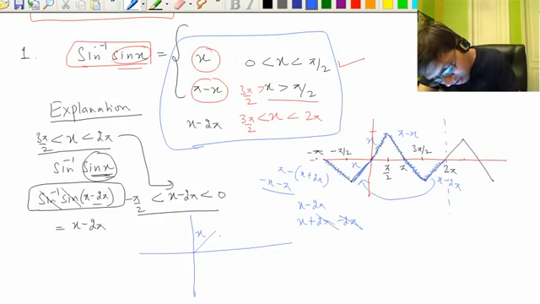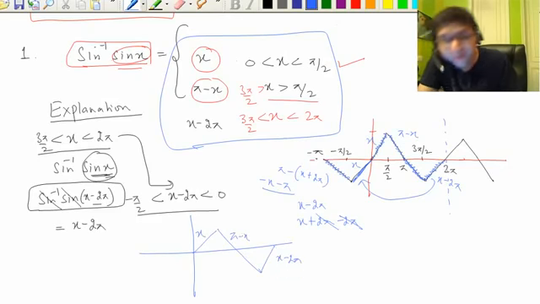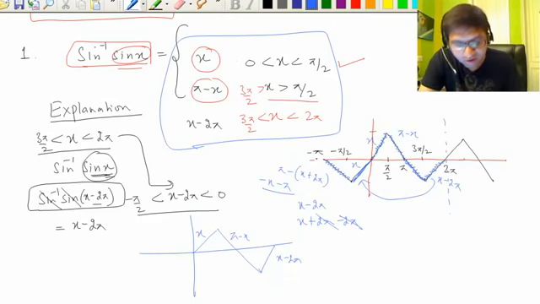0 to pi by 2x, pi by 2 to 3 pi by 2, pi minus x, and then x minus 2 pi. This we need to learn, right? Graph of sin inverse sin x. And for other intervals we can find the definition by shifting these definitions. So this is something which, if you have not done it before, might need time to digest, but it's worth doing. You need to do this.